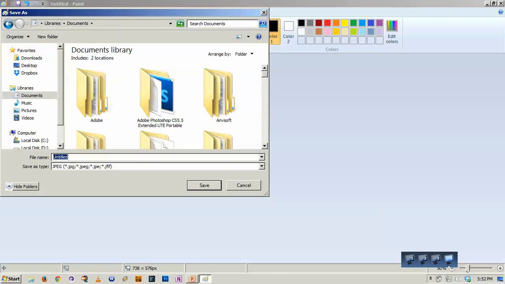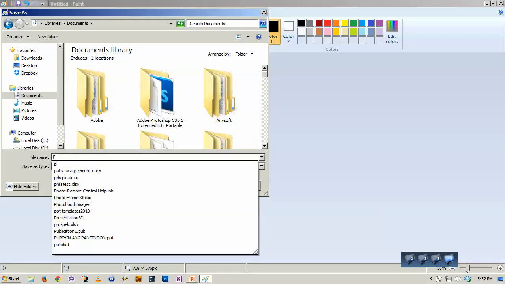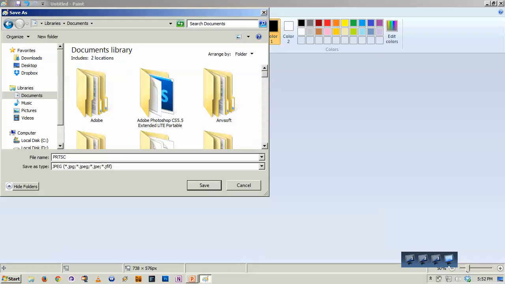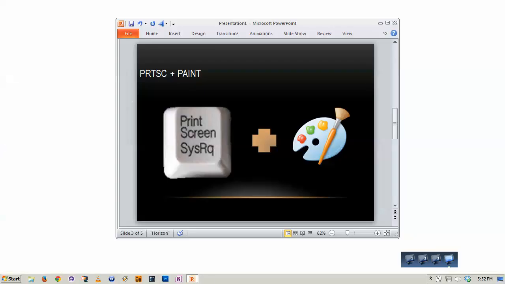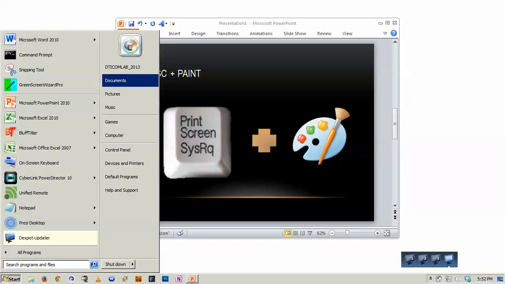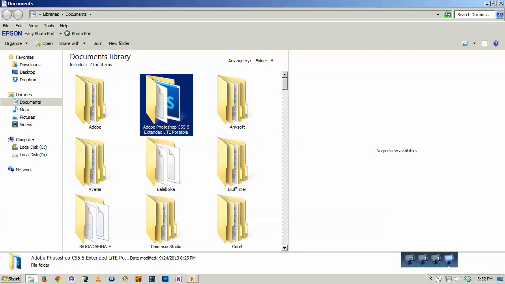Let's change its file name into print screen image drive, then save. So let's close this one. Look for it on my documents. Again, select one button, type in the first letter of the file that you're looking for, like for example, print screen image drive.